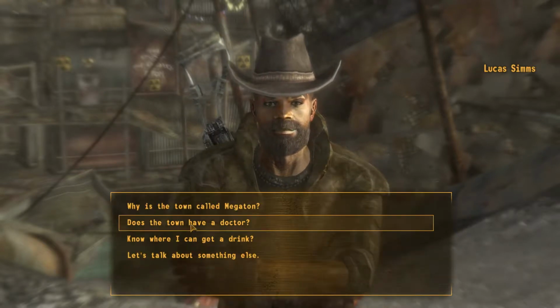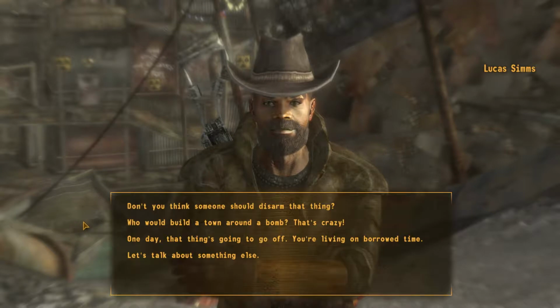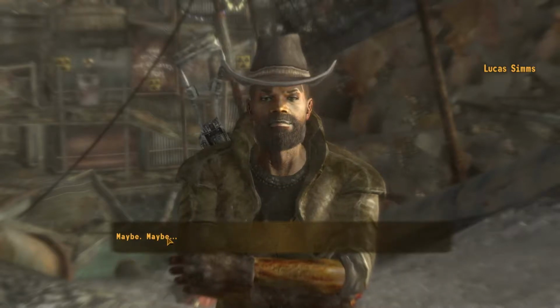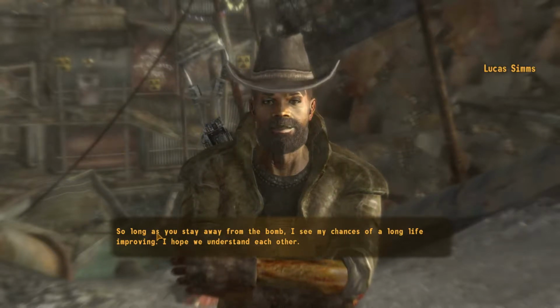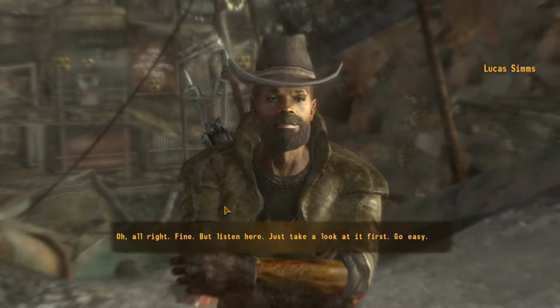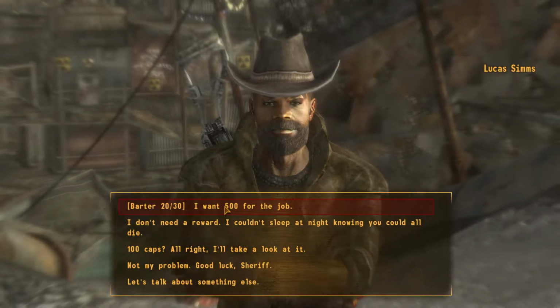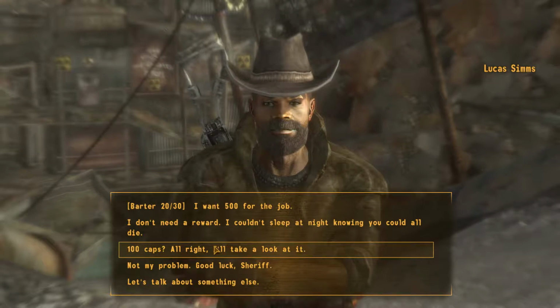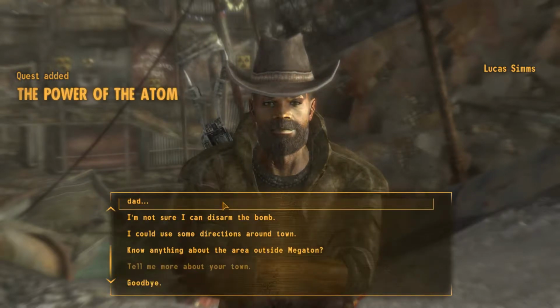What do you want to know? The town's named after the bomb that's sitting in the middle of it. It hasn't gone off yet. There's a bomb in the middle of your town, and it's live. Maybe. So long as you stay away from the bomb, I see my chances of a long life improving. I hope we understand each other. Oh, all right. I mean, I could try and disarm it, because, you know, I've got loads of experience in bomb disposal, having spent my whole life living in a vault. Go easy. If you get the job done, there'll be 100 caps in it for you. Great. Go ahead and see what you can do. 100 bottle caps for disarming a nuclear bomb. That seems a bit, you know...